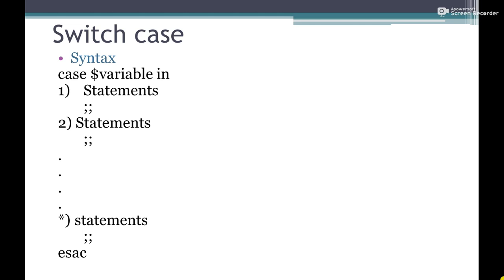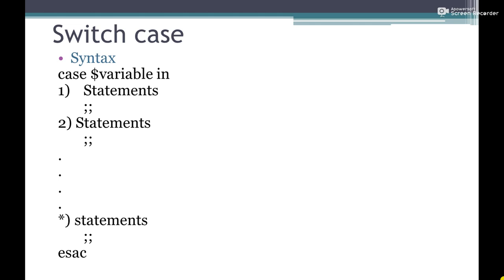So that variable comes before the case, and the dollar sign is used with the variable to use that variable's value. So over here, instead of the variable, whatever variable we have taken after the echo statement with the read command will be here.